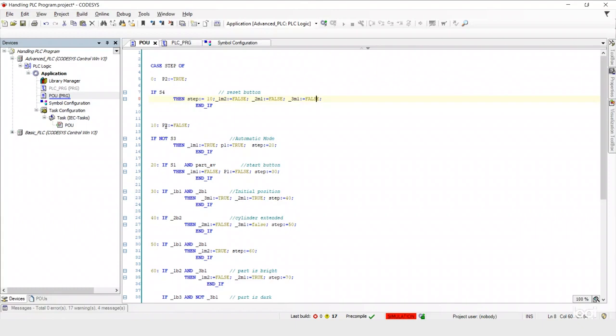Okay, so at this point in step number 10, we can actually move this so that we don't have confusion, so that this happens before we jump to step 10. Okay, so we jump to step 10. In step 10, P2 turns off because this is to show that we have reset the system. And we wait for automatic mode. If not S3, meaning the automatic mode, then we,